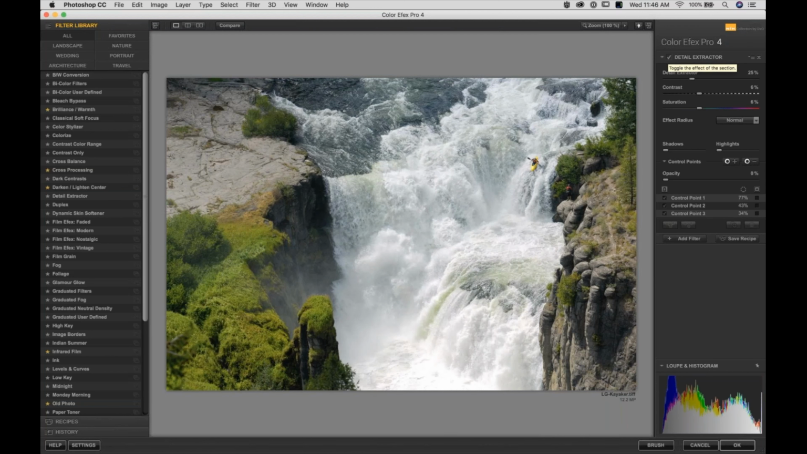If I click this filter on and off using the checkbox that's to the left of the label in the filter, I can actually see what the filter's doing. So there's the before, there's the after. I'm really liking the effect basically at the default settings when just placing plus control points on the areas where we want the effect and minus control points where we don't want the effect. So really quickly,